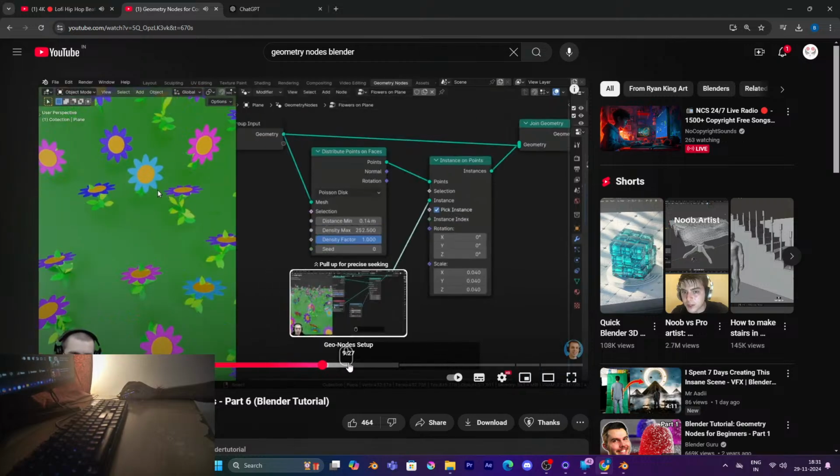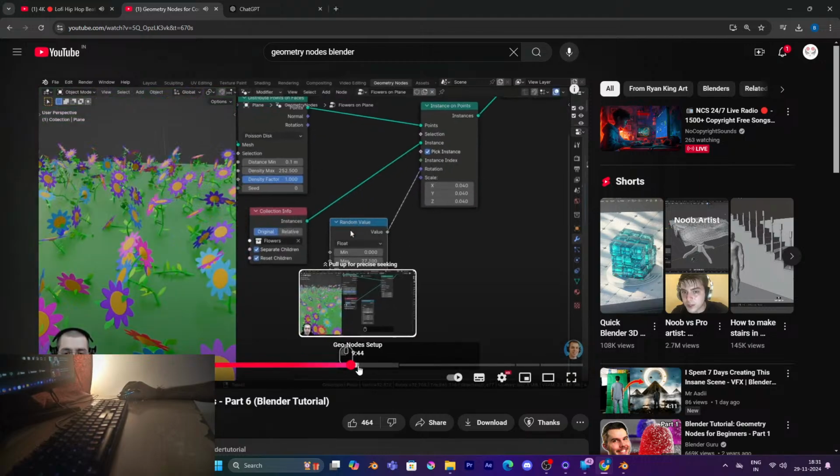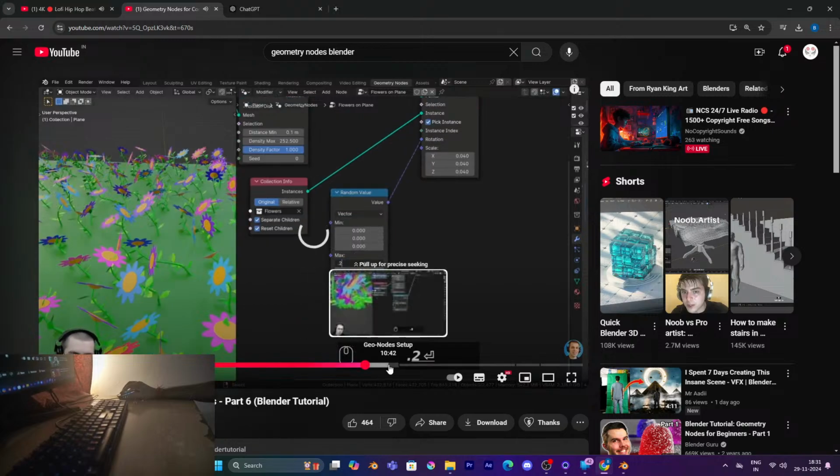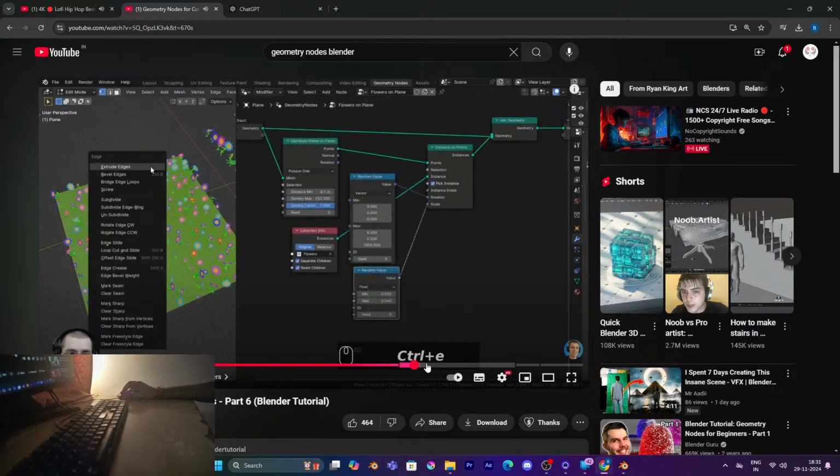There's going to be at least a value able to control the X, Y, and Z values instead of all of them at once. I'm just going to large number. So to do that, we can actually weight paint on the plane, and then we can actually control